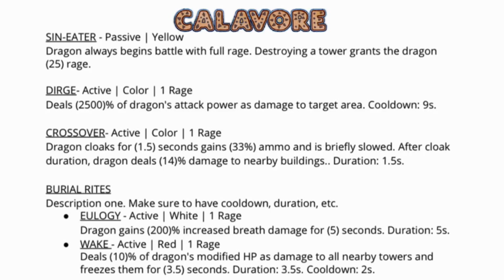The next spell is Burial Rites, which you cycle between 2 spells. The first part is Eulogy, which is an active white 1 rage spell that increases the dragon's breath attack damage by 200% for 5 seconds. And the second part is Wake, which is a red spell that has 1 rage cost, and it will deal a small amount of damage to the towers in range as well as freeze them for 3.5 seconds. And then it has a 2-second cooldown. So the cooldown on Wake is actually shorter than the freeze duration, which allows you to use Eulogy again before